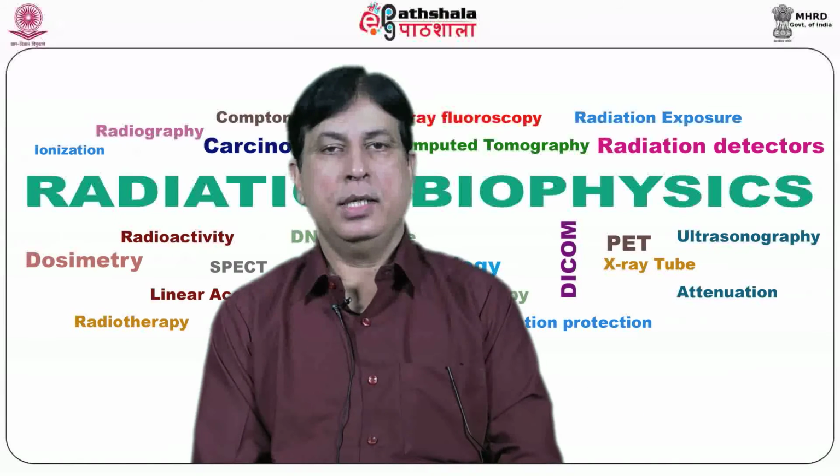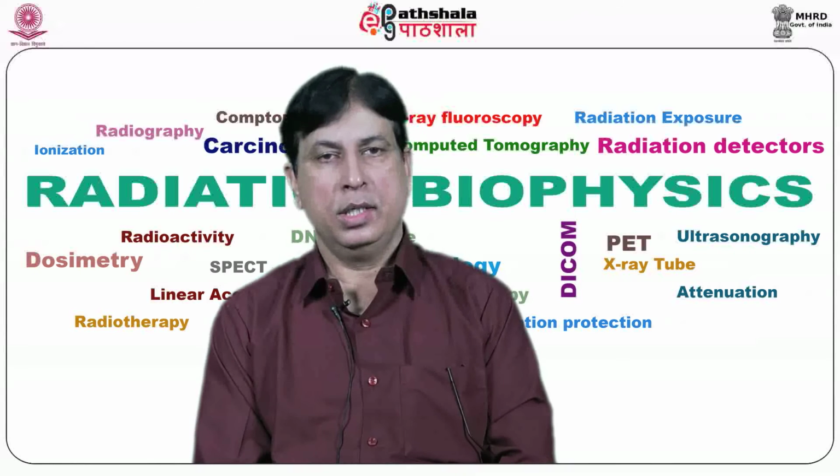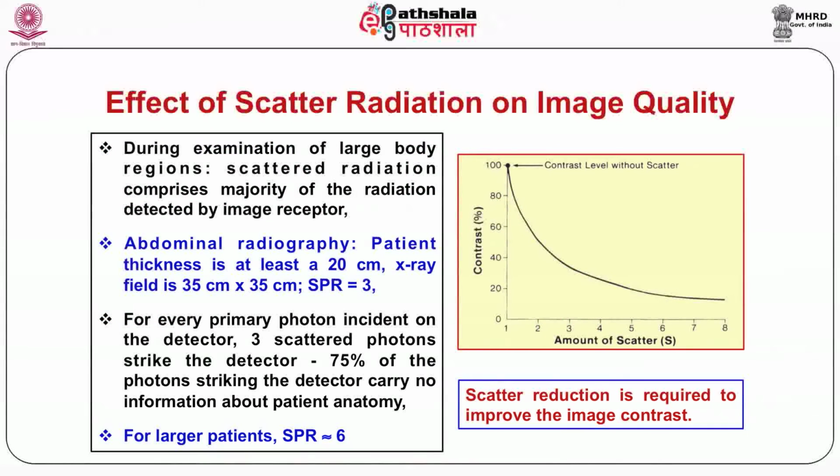Now we will see the effect of scattered radiation on image quality. As discussed earlier, scattered radiation comprises the majority of the radiation detected by the image receptor during examination of large body regions. In screen film radiography, scattered radiation causes a loss of contrast in the image, which is quantified by the